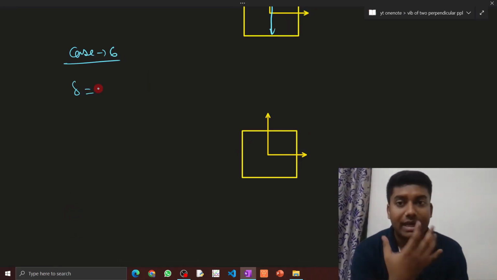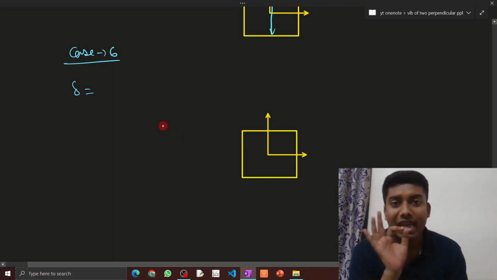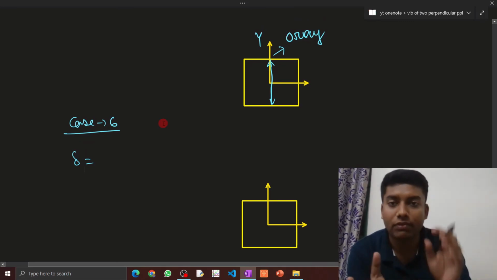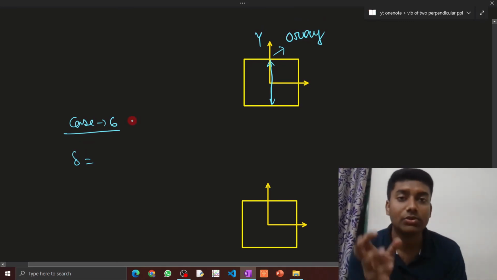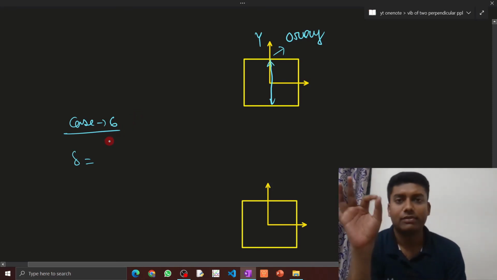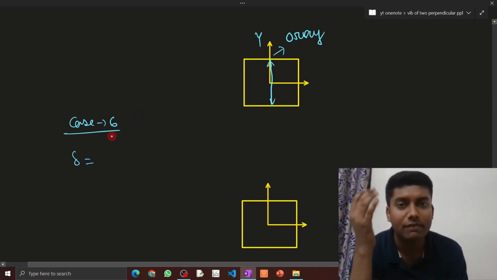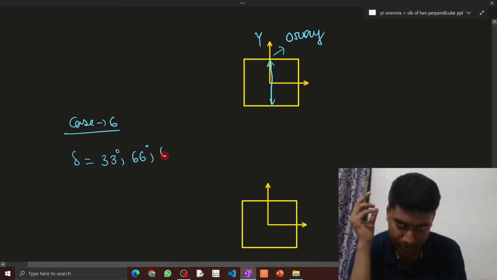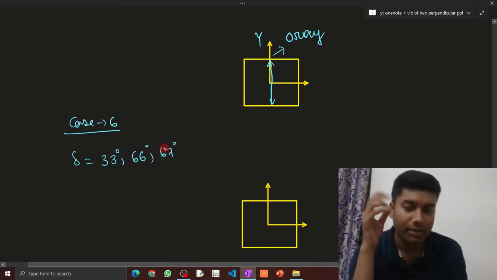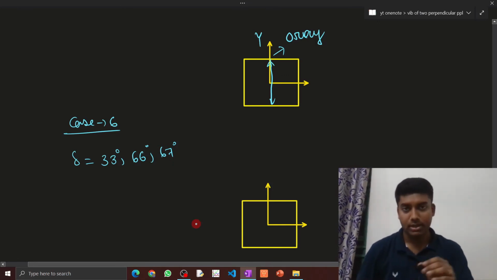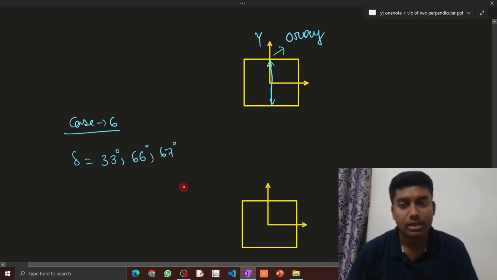Now our case number 6. Our delta is not equal to any value given in our other cases, 1 to 5. We have discussed delta equal to pi by 2, pi, 2 pi, 3 pi. If delta is not equal to any of the previous values, like if delta is 30 degrees or 66 degrees or 67 degrees, then if we put the value in the main equation, you will find